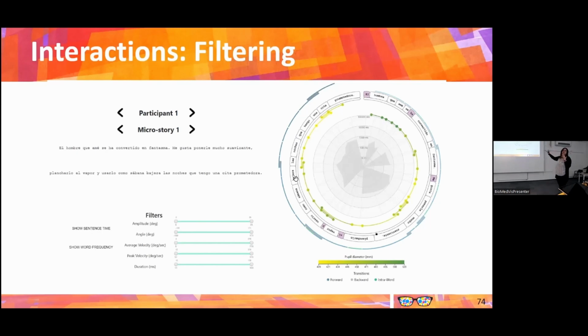That's why we are using this radial layout, because if we have longer stories, like a novel, there is no way to represent it in this radial layout. We can have one sentence or maybe two or three, but not 10 sentences, because we are limited with these micro stories. Yeah, thank you.